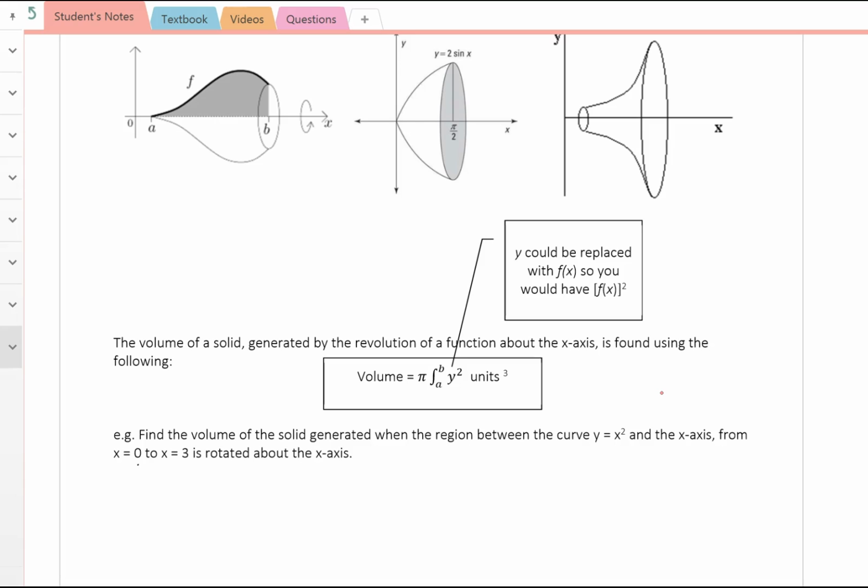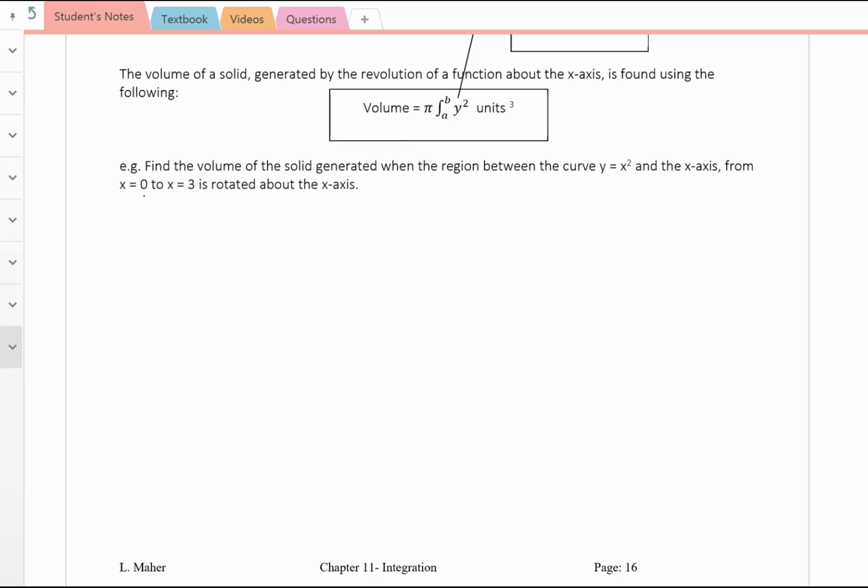And of course, we could be rotating around the y-axis. And you'll see when we do that, that we change our formula slightly. The pi stays the same. The limits a to b depend on the y-axis. But then it is the x squared function. So we've got to get our equation in terms of y, make x the subject, so the function's in terms of the y variables, and we square the function. Okay, in this example,